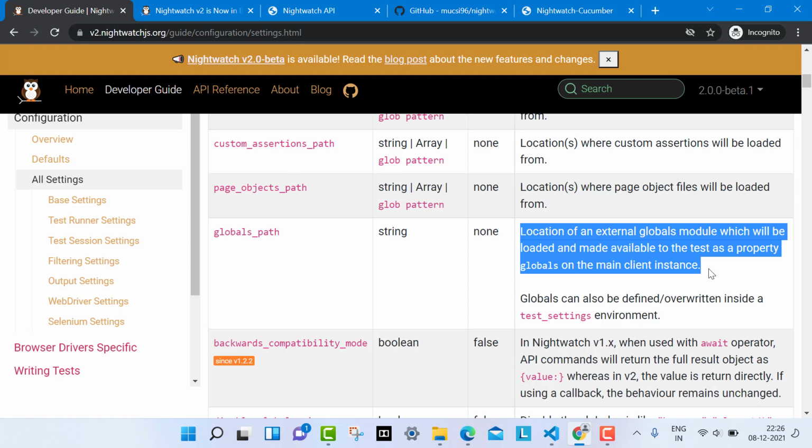So we have to provide the location of the module.